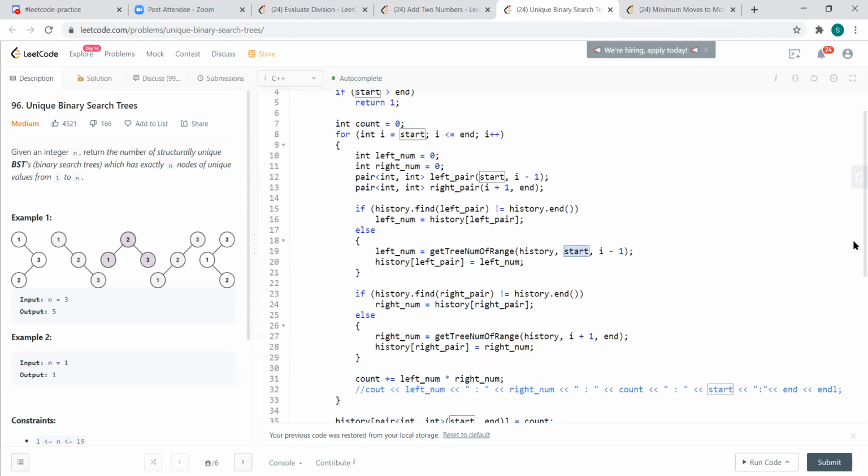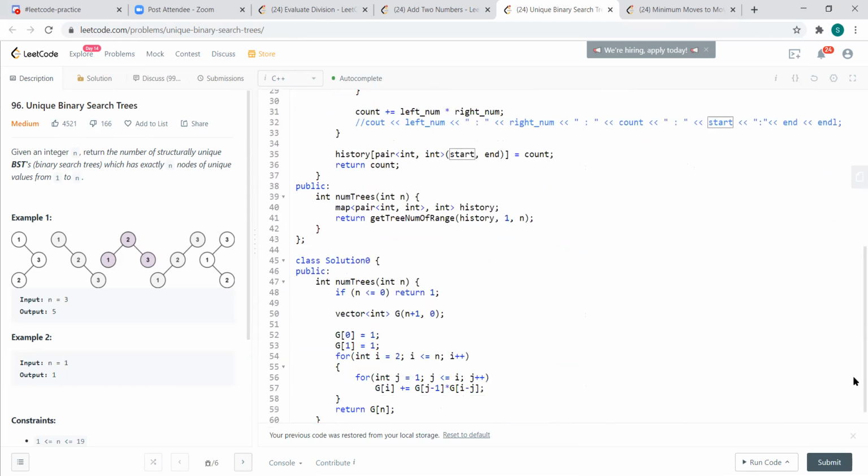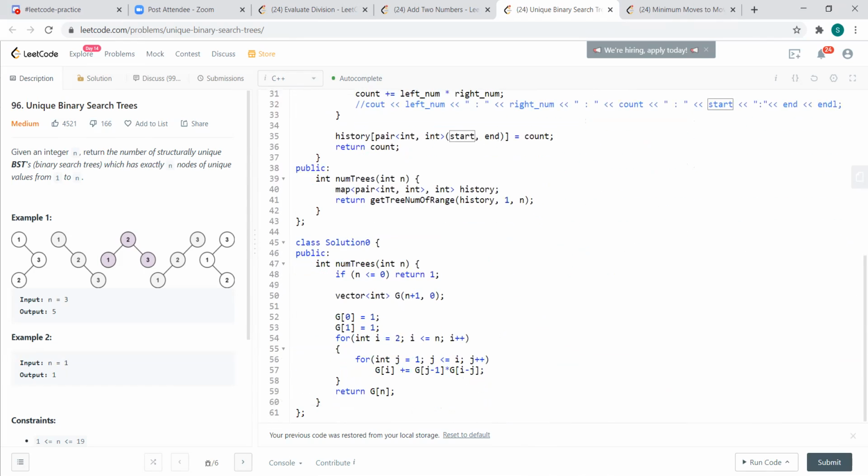Then I think this is a way to do a Catalan number implementation, right? So I'm using a vector, and this is my other vector where I'm storing all the values initially as 0, and it is n plus 1, and these are my base cases for 0 and 1. They will be all 1, because if there is an empty subtree, I will at least have one way to do it, and if I have only one number, at least I will have one way to do it, right?